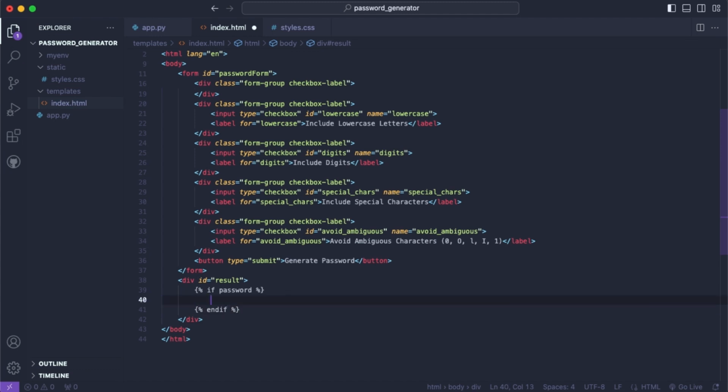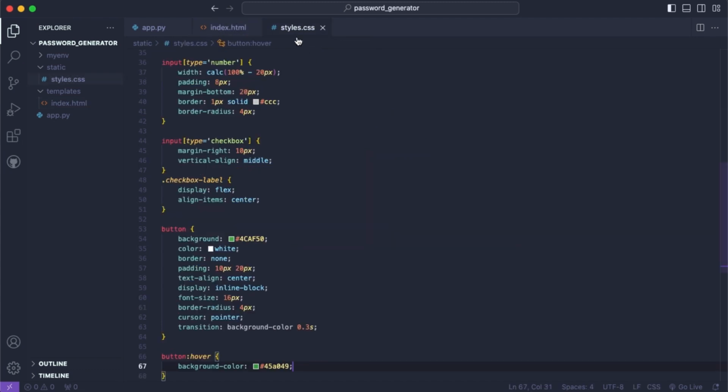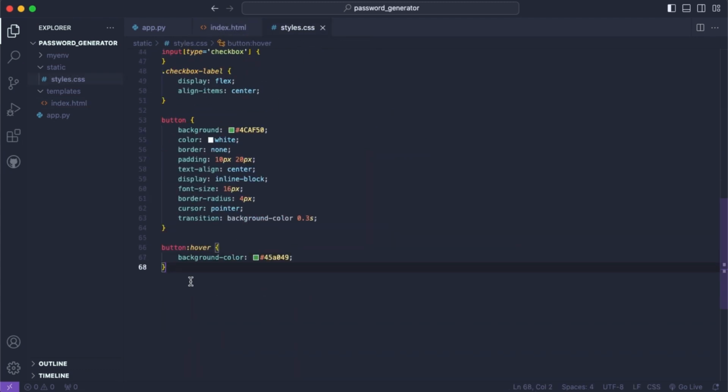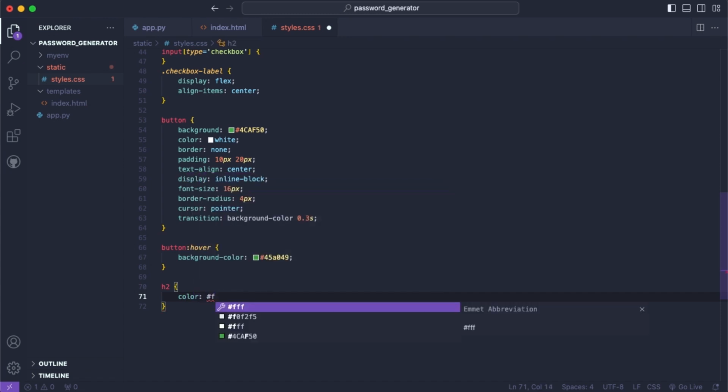And then inside this, we'll give a heading 2, and we will just say your generated password, and then we'll use a p tag, and we will output the password. So now we can style these two just to give them a little bit nicer viewing. And we will say heading 2,